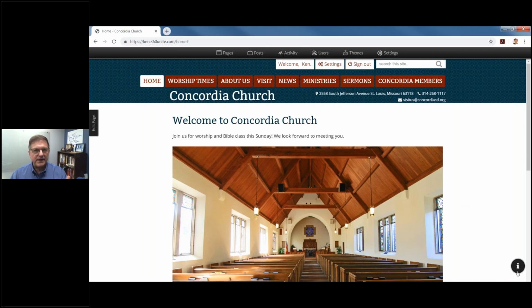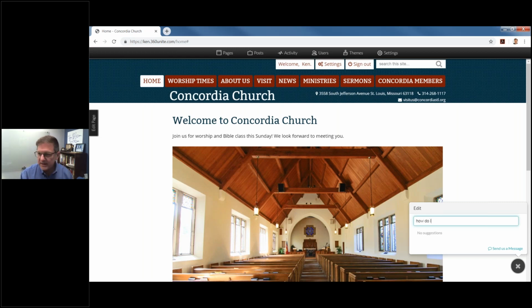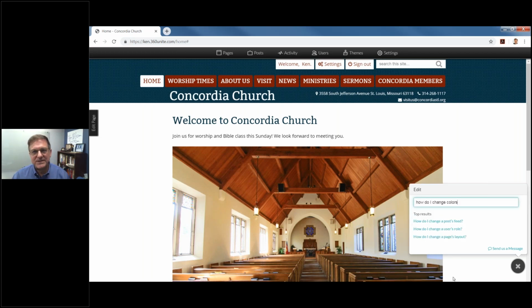As an administrator, you always have this button down here. You see the little circle I. This is an information button for you. So if you're looking to figure out how to do something, you can even just type in here, you know, how do I change colors? Hit enter. It will show you some different options on how to change colors, or you can also